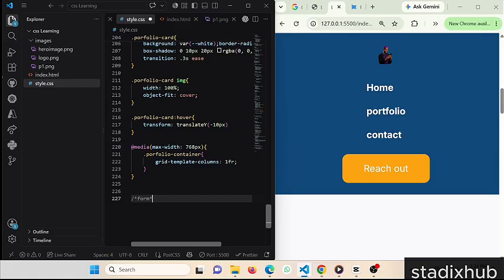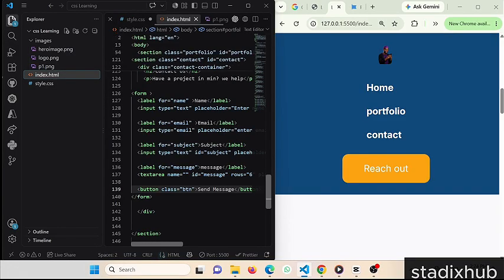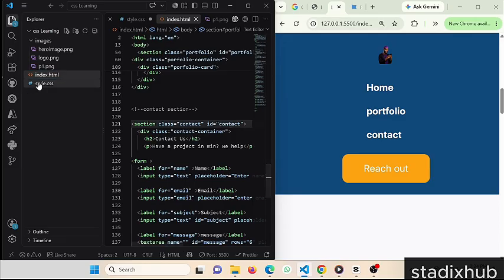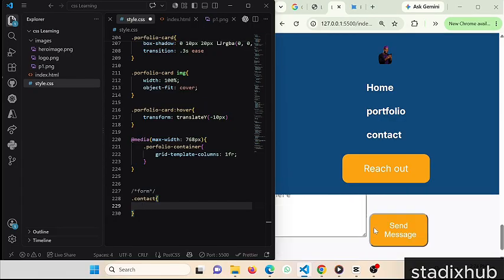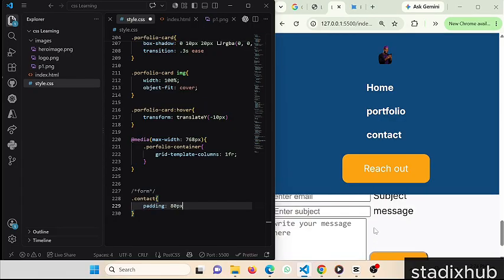Dot contact, which is the first thing we have, the first thing in our section class. So I want to style them. Dot contact padding is 80 pixels 0. So look at it. Then